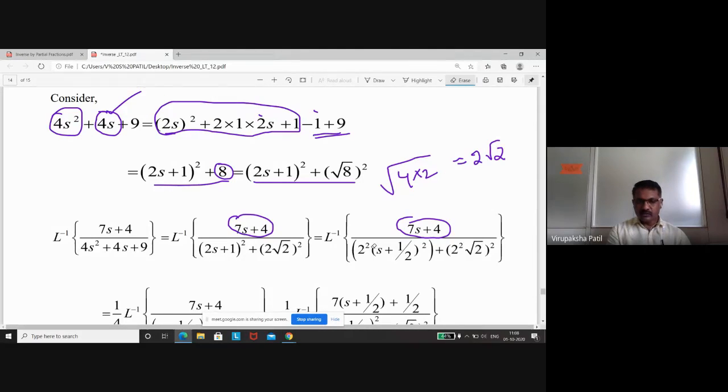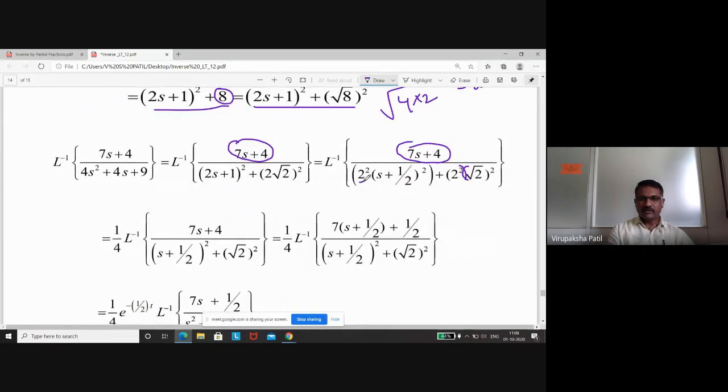plus 2 square into bracket s plus 1 by 2, whole square, plus, using the theory of indices, you can write this one as 2 square plus root 2 square. I'm sorry, this is not a whole square here, but this 2 square, you will get 2 square plus root 2 square into root 2 whole square. So here also 2 square is there in this term. Here also 2 square is there. So I will take that outside. So that becomes 1 by 4. Am I right? Then L inverse of, you are left with 7s plus 4 divided by